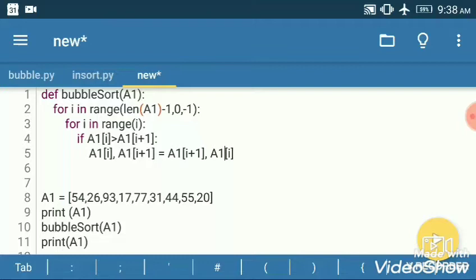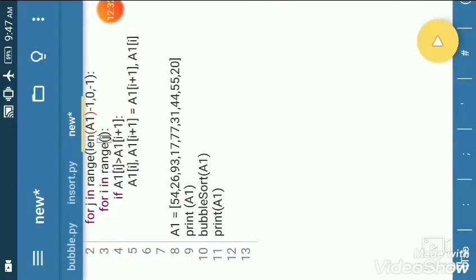I am changing the name of the variable because there are two variables named i, which creates confusion.